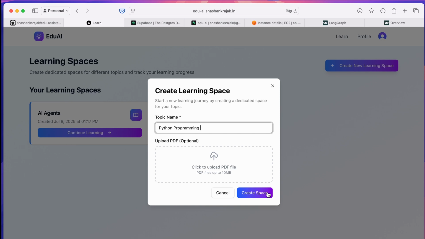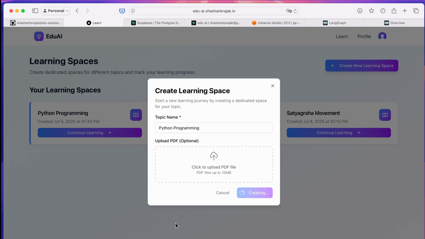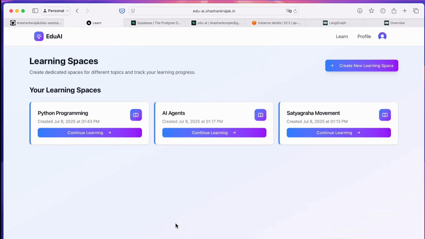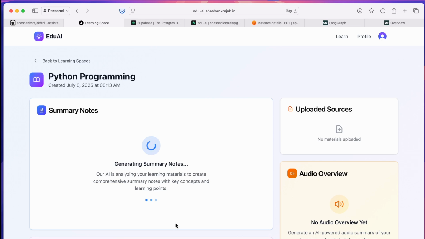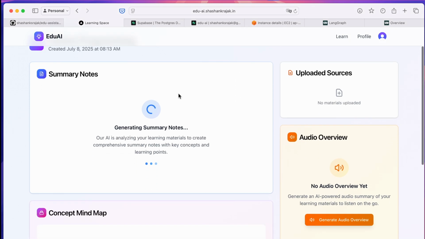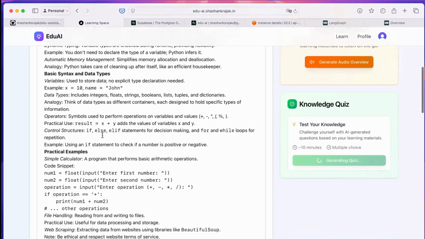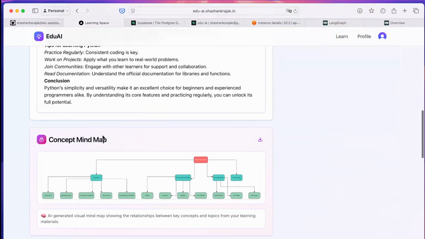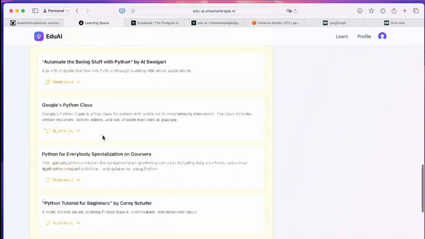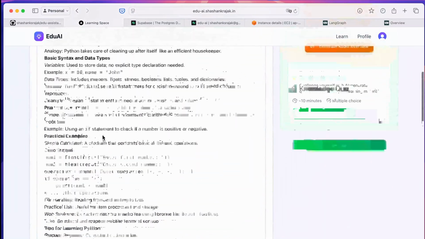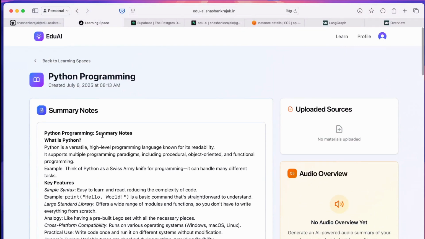Now I'll just click on create a space. First it will create a space for this Python programming, and then it will take me to the Python programming space page. Here you will see summary notes and different sections, and it will first start loading up. Once the response is generated in the backend, it will be available here in real time. You don't need to refresh the page or anything. It will just update this UI in real time as and when the content gets generated in the backend